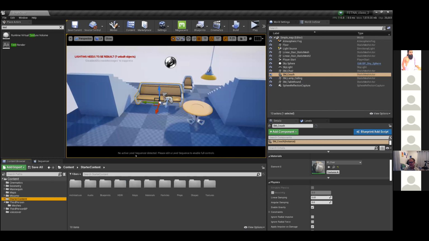When you create a new level sequence, maybe you want to animate the chair spinning around, whatever level you have open, that level sequence is for that level. Let me explain what I mean. Remember the one I made of the guy dancing? If I go to my cinematics folder,